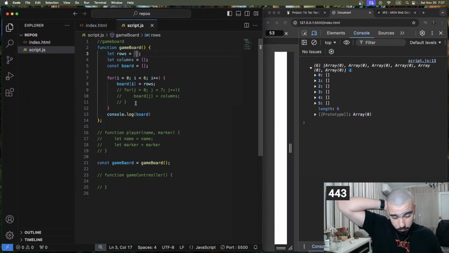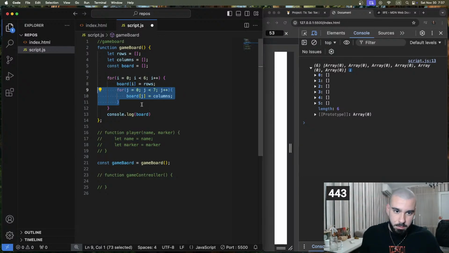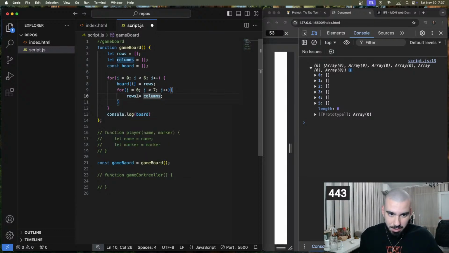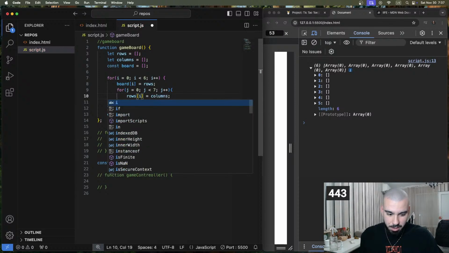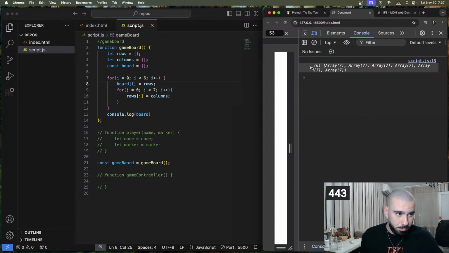So to do that, can we do board I equal rows, and then for the columns we need to do, can we do rows